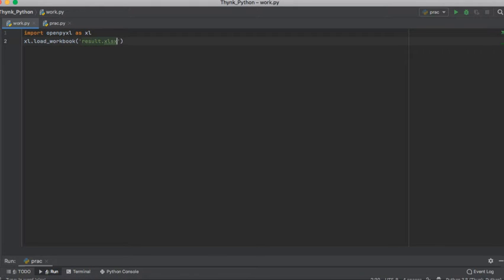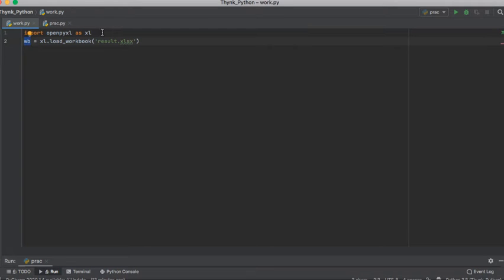Now this will return me a workbook, so I need to save this workbook in some variable. I'll call it wb. Okay, so by using this my workbook is now loaded and this method will return me the workbook by the name of result.xlsx, which I have stored in the variable called wb.